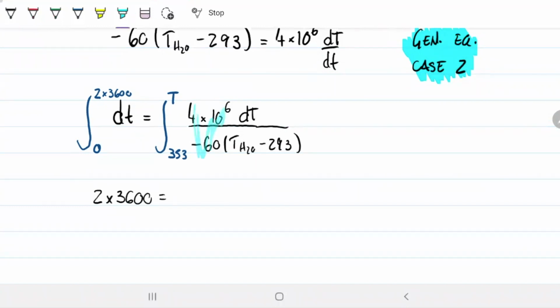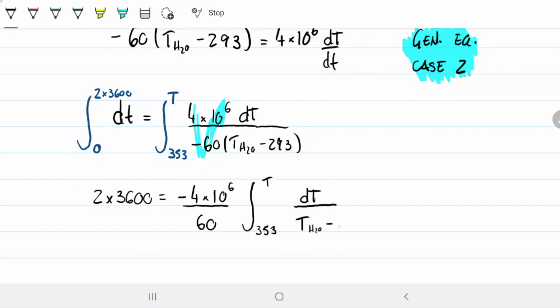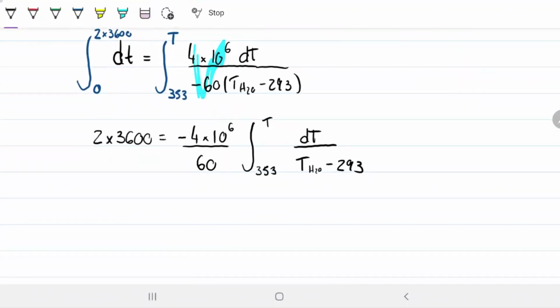here are constants, right? So I can remove them from the integral, so it's going to be negative 4 times 10 to the, let's just keep it simple, let's just do 5 over 6. We can just leave it like that. And we're integrating from 353 all the way to T, dT over temperature minus 393. Once again, substitution is the key here. Like I said, if you guys want, we can do that later when we finish this problem. Okay, but basically,